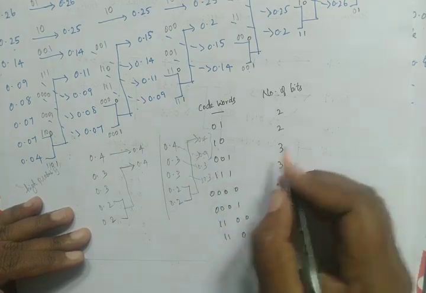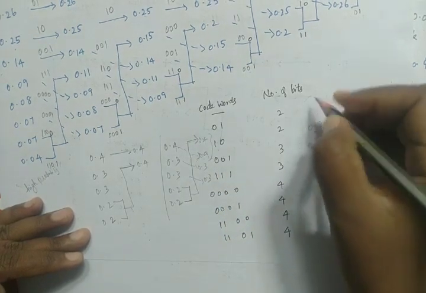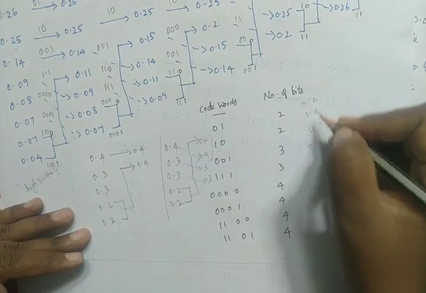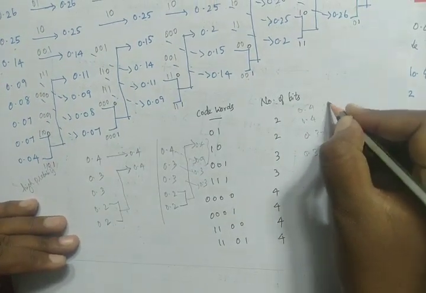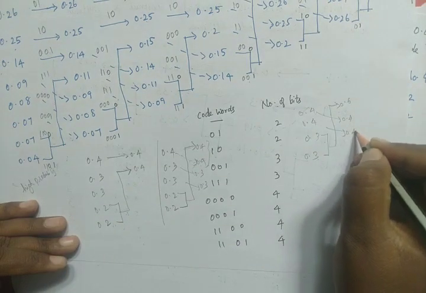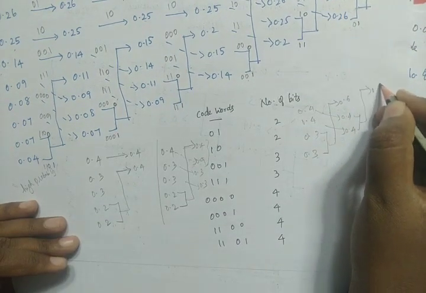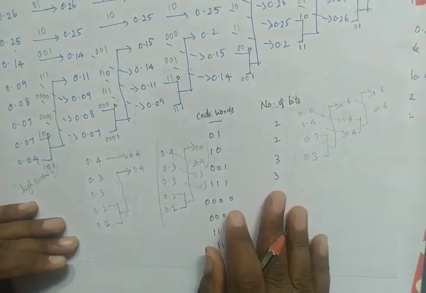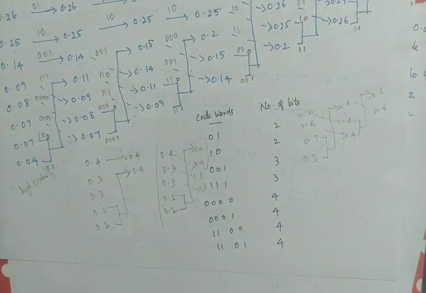Again, see here, you have to take this 0.3, 0.3. And if you add this 0.3 and 0.3, and here we have 0.4, 0.4. Now you will get 0.3 plus 0.3, 0.6. So take this 0.6, here we have 0.4, and here we have 0.4. So then you will have 0.8, 0.6. That's it. So this is how you have to solve for Huffman code. Hope you understand.